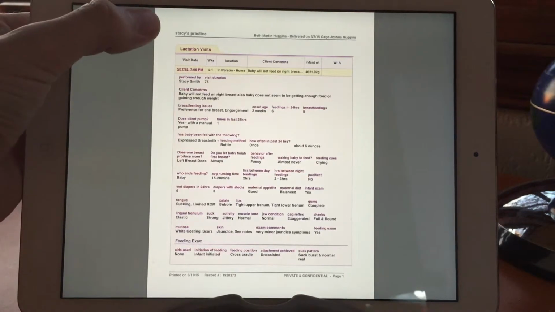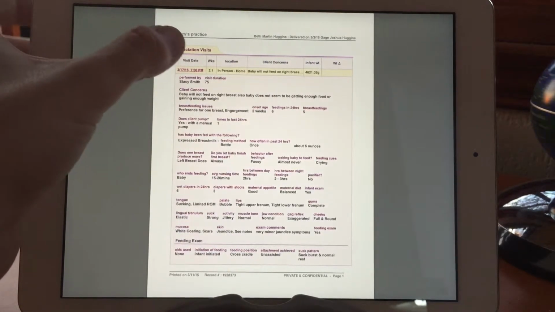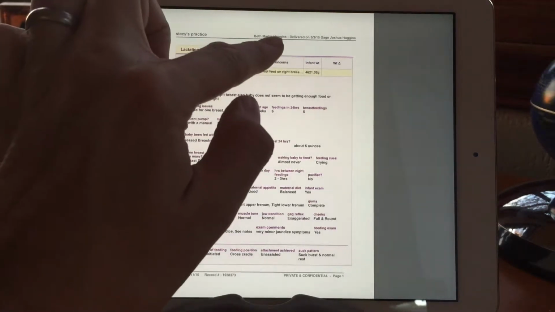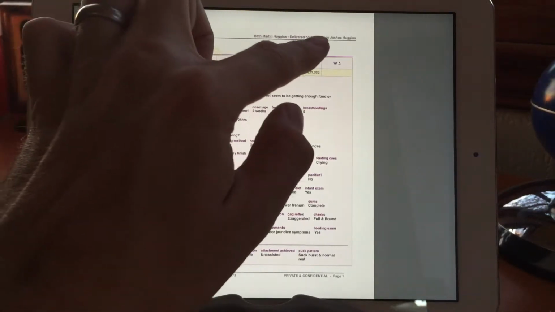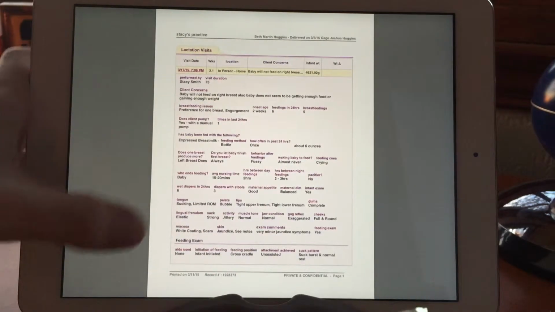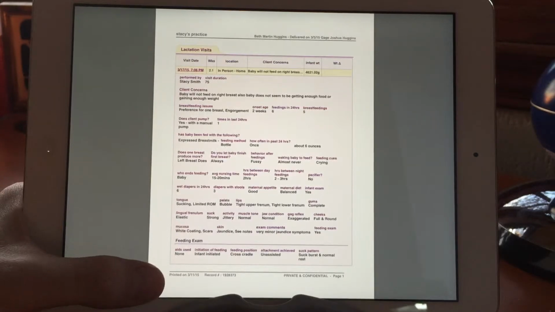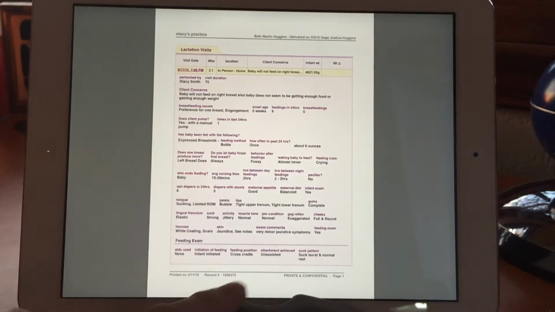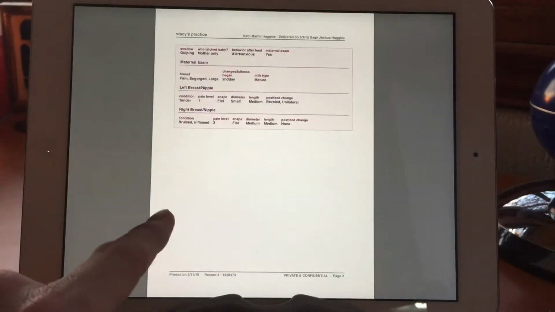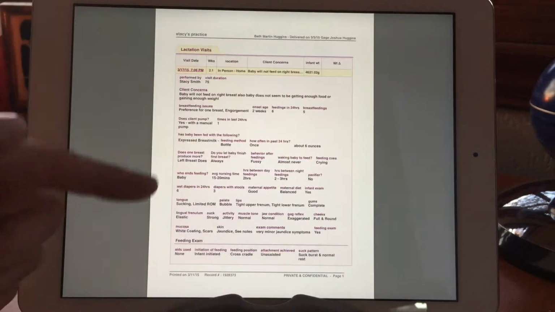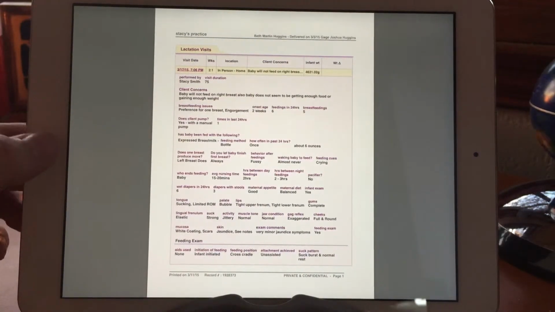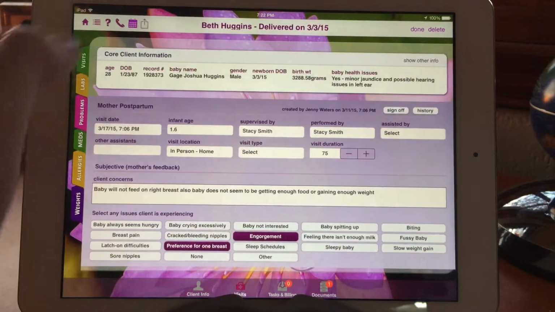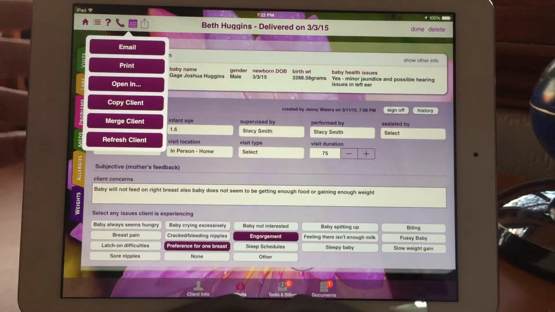You still have a page header with your practice name, the client's name, the date they delivered, and the name of the baby. And then you have the date it was printed, the record number, and page number. And in here, of course, is all the visit information. So the only difference, if I include the letterhead,